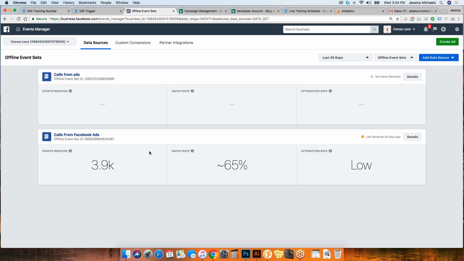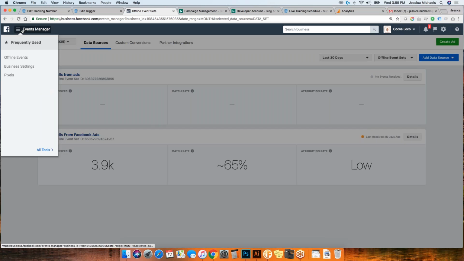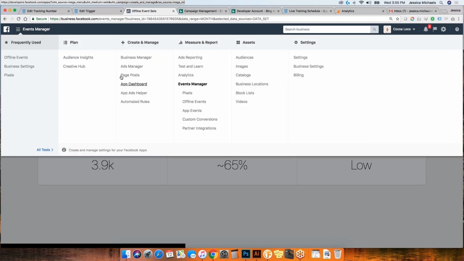What's also important to know is that Facebook does have a minimum threshold. Due to all the privacy stuff they've been going through recently, they're not going to even attempt to match them to the people until it meets their minimum threshold, which they're not completely transparent about. But just from my observation, I think it's around 1,000. So until you hit a sample size of 1,000 people, they're not even going to try to match it, just so that it can stay really anonymous. Hopefully that makes sense.